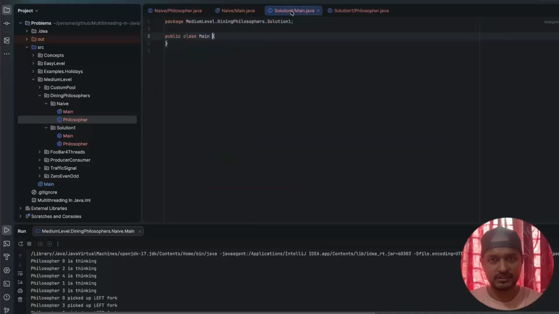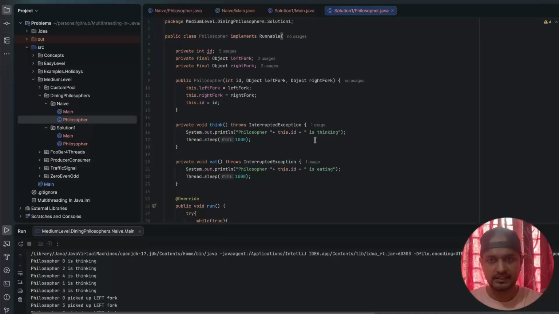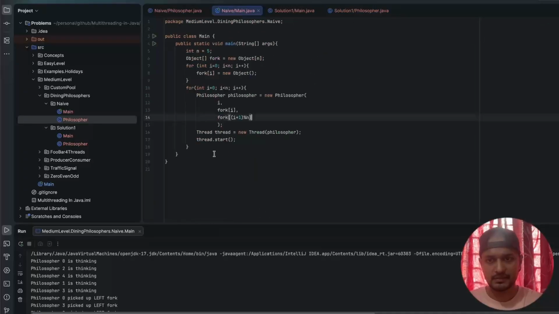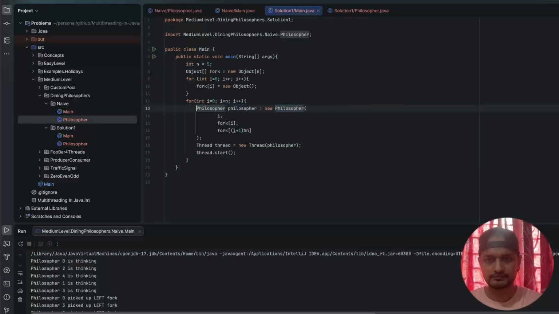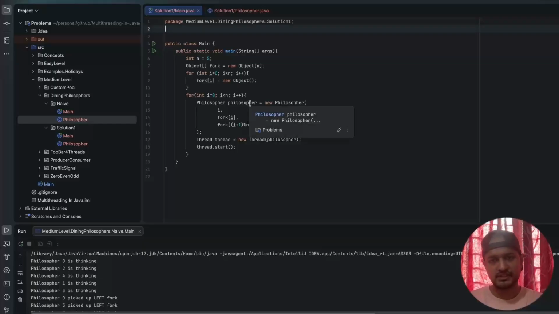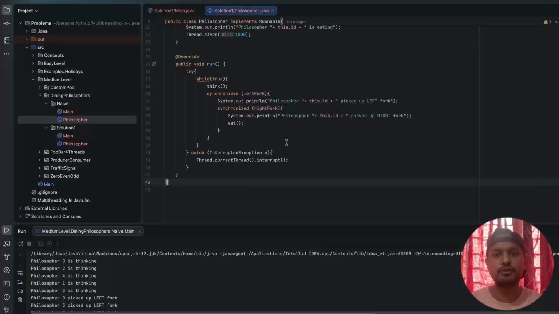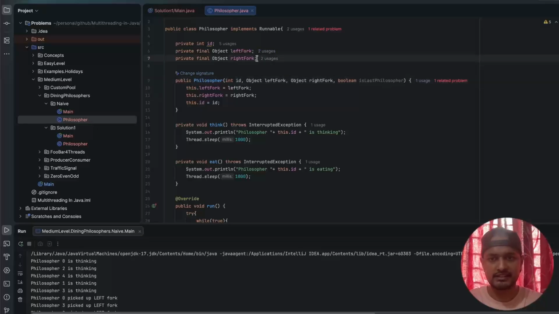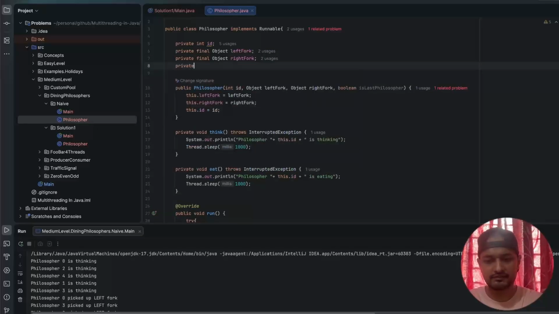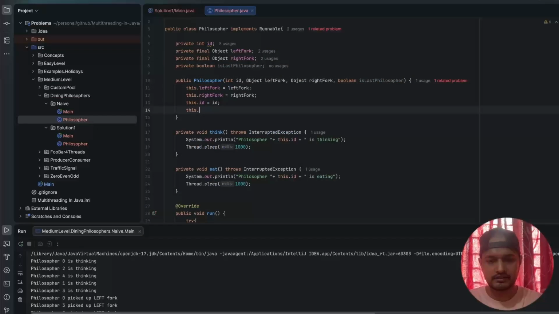First, let's copy this, right? And the main class also, let's go ahead and copy this. Now for the last philosopher, we'll have to go ahead and change the order of picking up the fork. So let's go ahead and take a fourth parameter here, boolean isLastPhilosopher, right? Let's create it here as well. And here this dot,